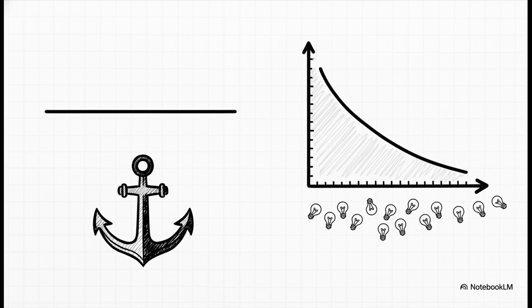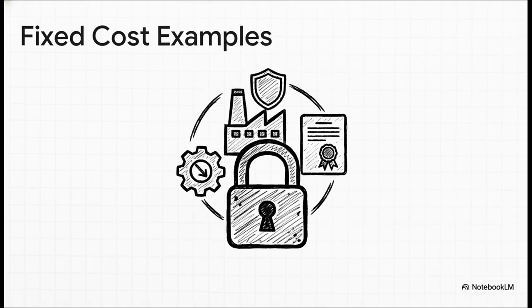If you dramatically increase production, your total fixed cost doesn't change at all, which means your fixed cost per unit just got significantly cheaper. To ground this in reality, think of an assembly line. You're paying the exact same factory rent, insurance, and straight-line depreciation whether those machines are humming 24/7 or completely halted. Real estate taxes operate the same way. That total bill is locked in. Therefore, the more units you pump out of that factory, the thinner you can spread that massive total fixed cost